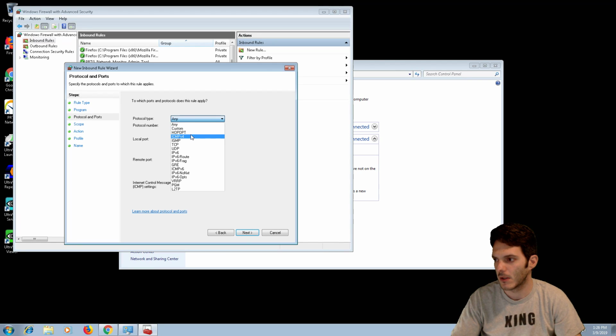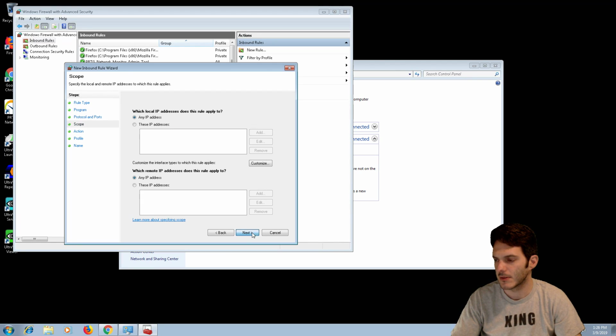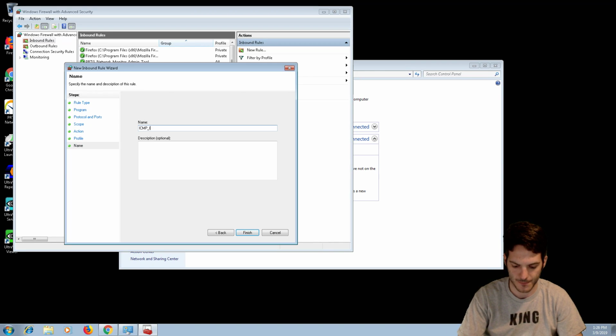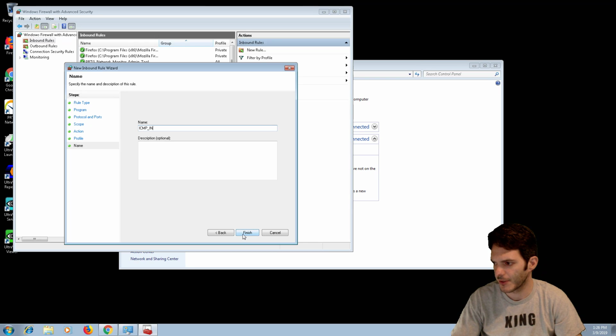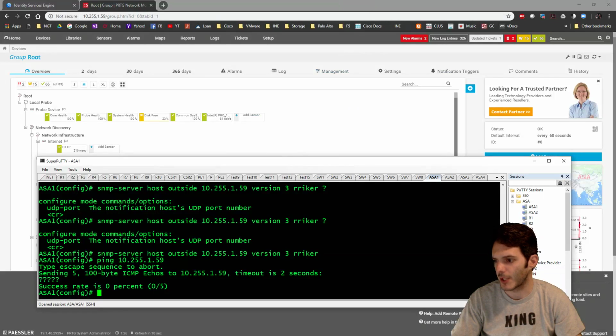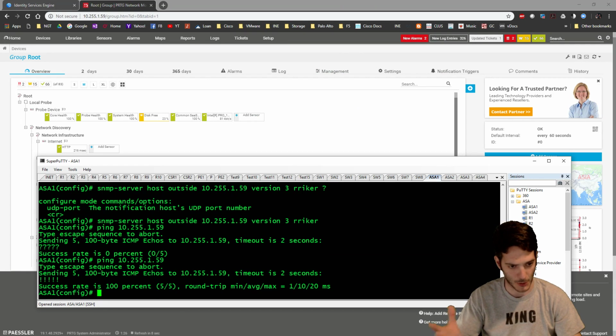ICMPv4, next, ICMP in, and finish. So then we'll go ahead and minimize this again. We'll try to do that ping one more time. There it goes. By default on these boxes,